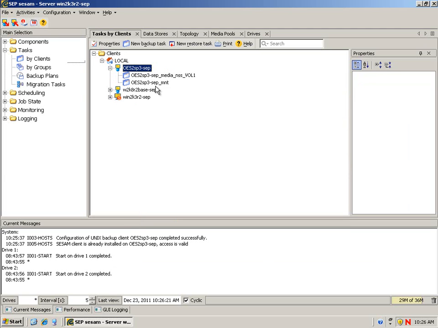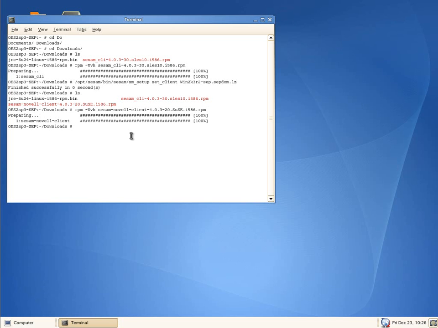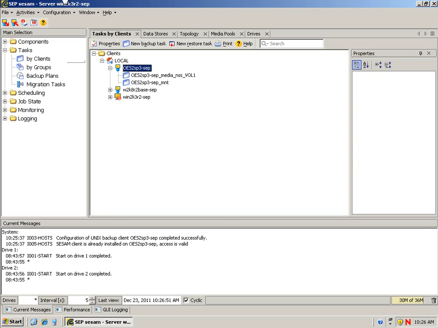Great. Now, all we saw in there was a volume. Let's go ahead and add the TSA NDS, so we can go ahead and back up eDirectory also. So we have to go ahead and run /opt/novell/sms/bin, and the command that we're going to run is smsconfig -l TSANDS. So if we go back to the Sesam console, say new backup task,